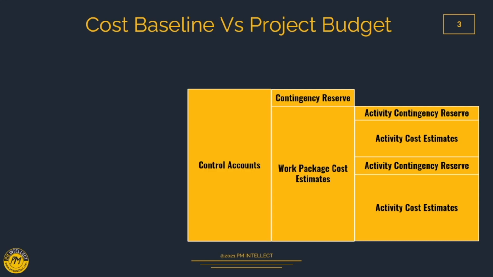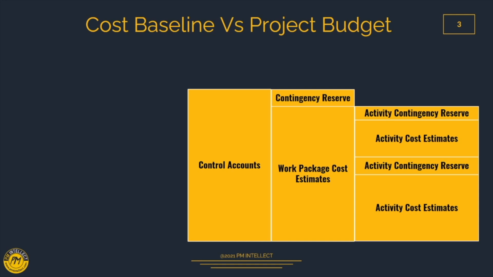Now with this work package cost estimate and contingency reserve, the total cost we get is equivalent to the control account. The control accounts are management control points. They are created for performance management. Generally, you will find one work package will have one control account. However, that is not a necessary point. Even one work package can have more than one control account. As I mentioned, this is the management control account. So at whatever point management wants to exert control, they can create the control accounts.